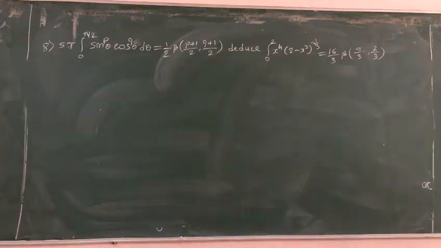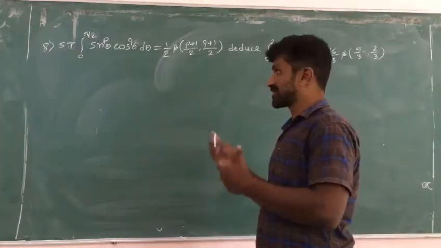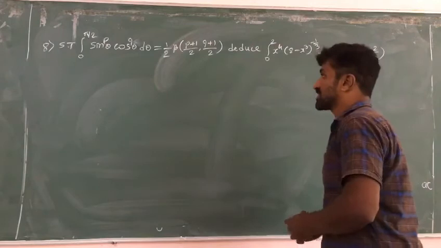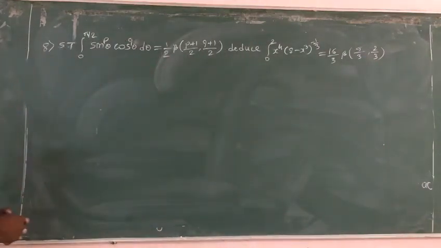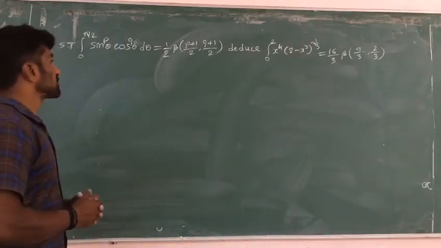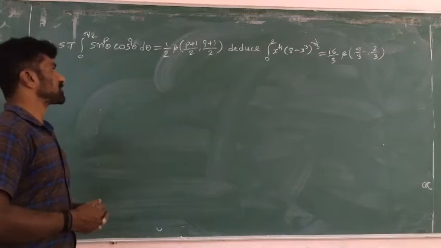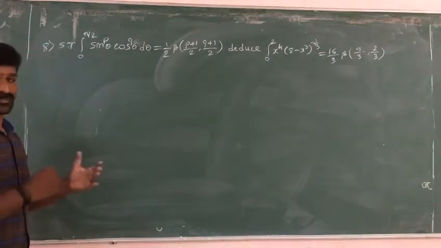Okay. Next example. So, important, 5 minutes again. Question pattern, success, important question. Show that the integral from 0 to pi by 2 of sin raised to p theta into cos raised to q theta d theta is equal to 1 by 2 into beta of (p plus 1) divided by 2, (q plus 1) divided by 2. So 5 minutes again. Solve now.